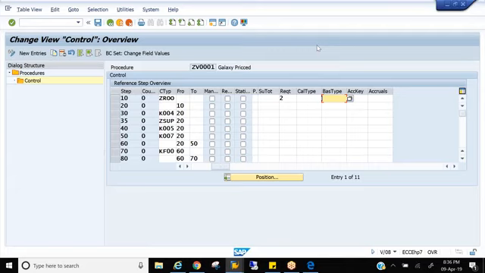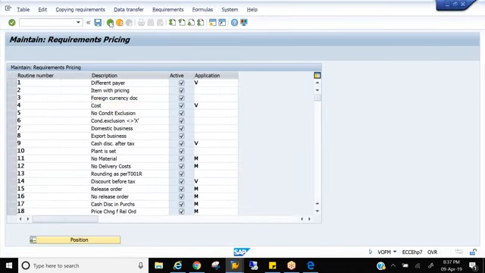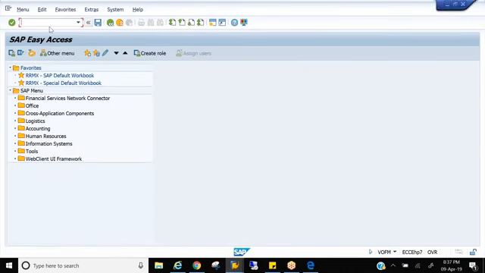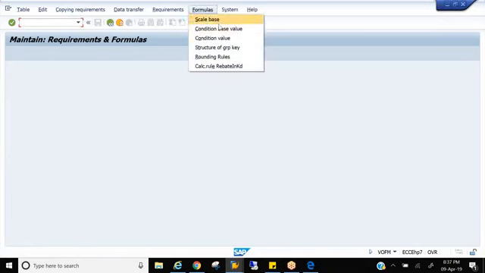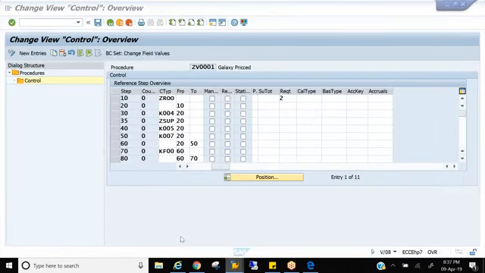So whenever the standard is not possible and you want to go with your own formulas, your ABAPer will develop the formulas. Same in VOFM, you can see formulas, lots of formulas. These formulas you will be assigning here.